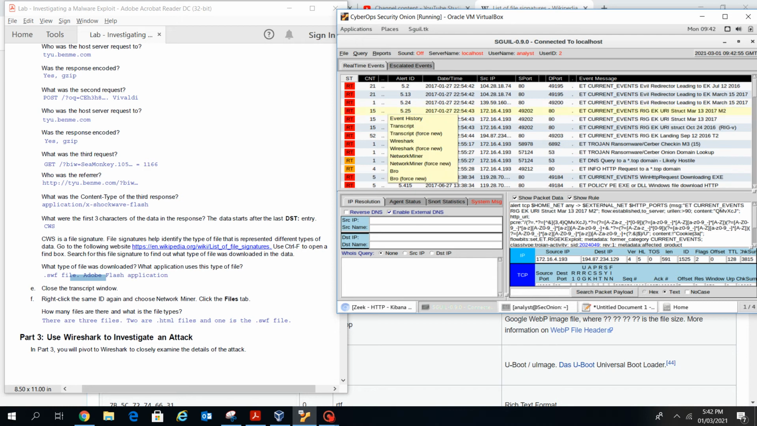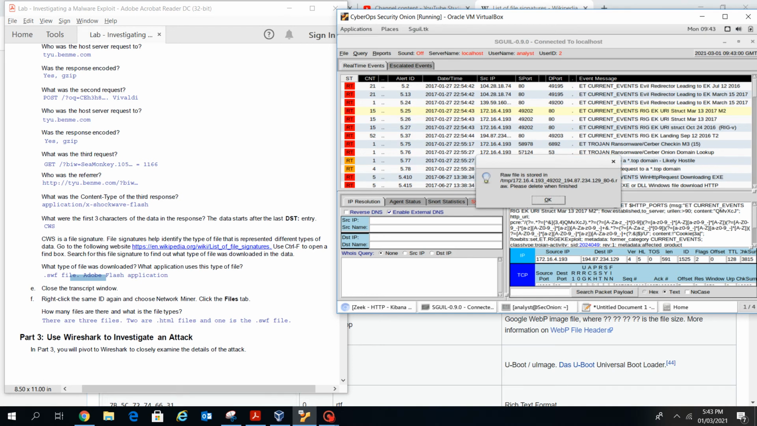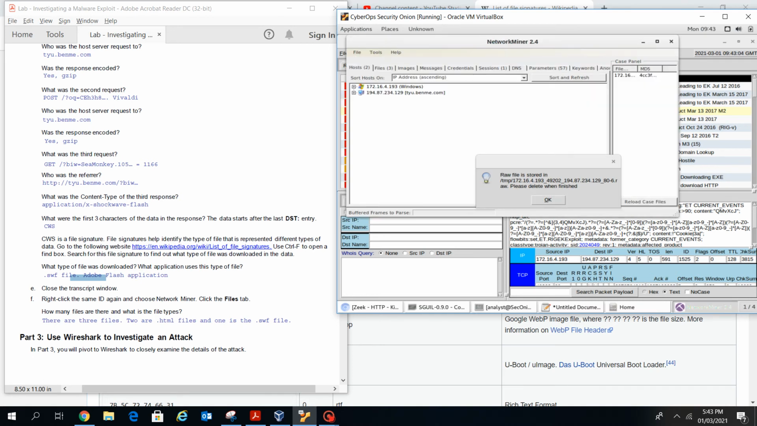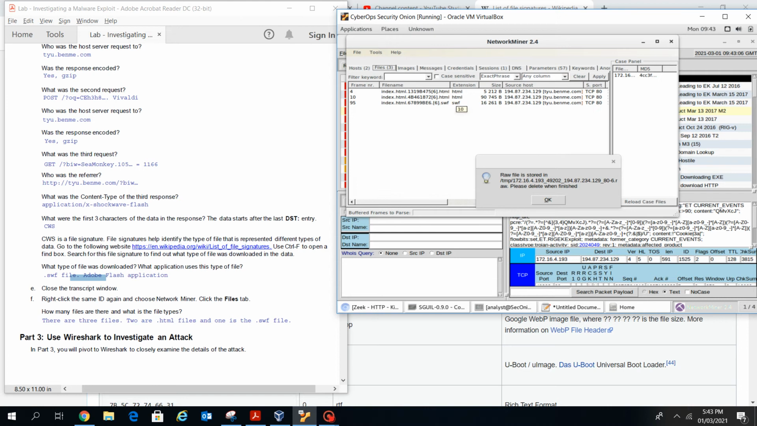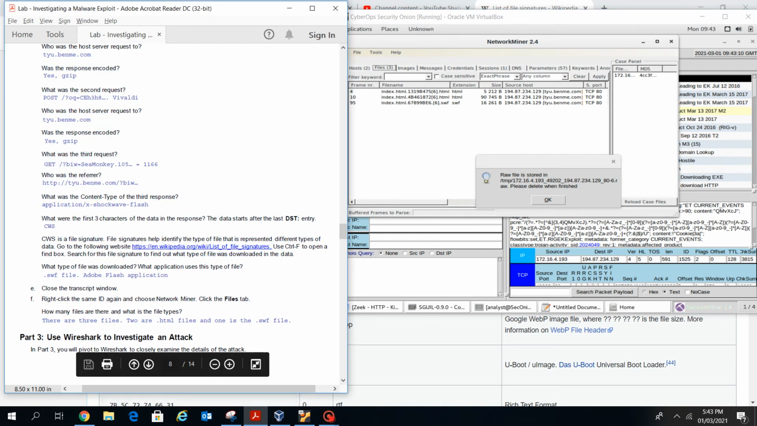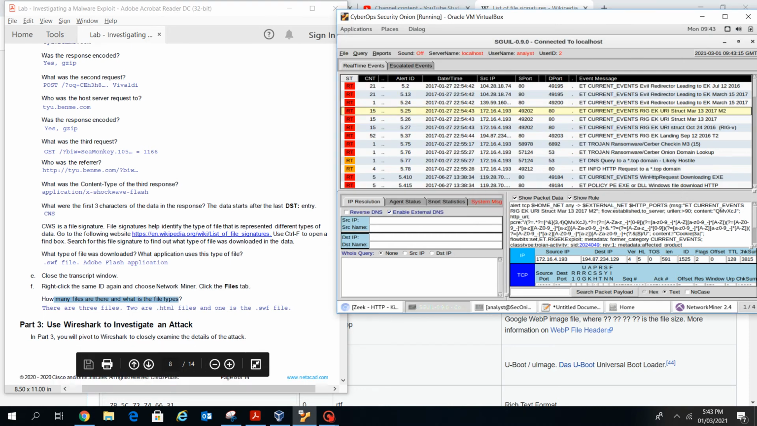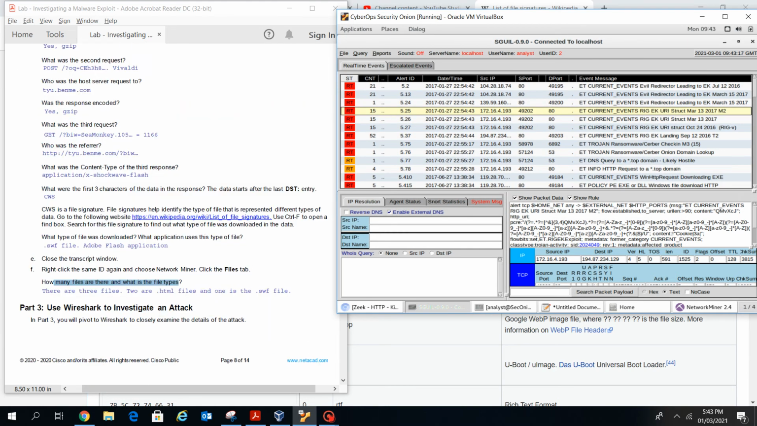This one, right? And you can find files. You got three files, two HTML files and one SWF file. Okay, this is the answer from NetworkMiner itself. You can find it. Then part 3, we go to part 3, try to move files